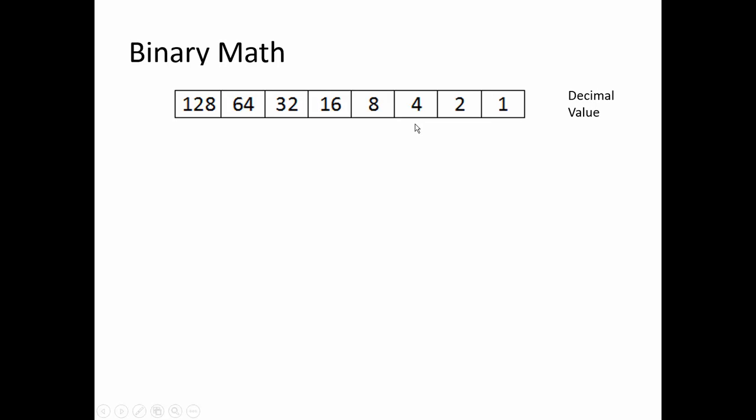In each octet we have 8 bits, and each bit is a placeholder. The first is a placeholder for 1, the next bit is a placeholder for 2, the next is a placeholder for 4, 8, 16, 32, 64, and 128. So if one computer sends 7 negative impulses and a positive impulse, which we represent as 7 zeros and a 1, it's sending the number 1 to another computer, because we simply have 1, 1, but no 2s, no 4s,